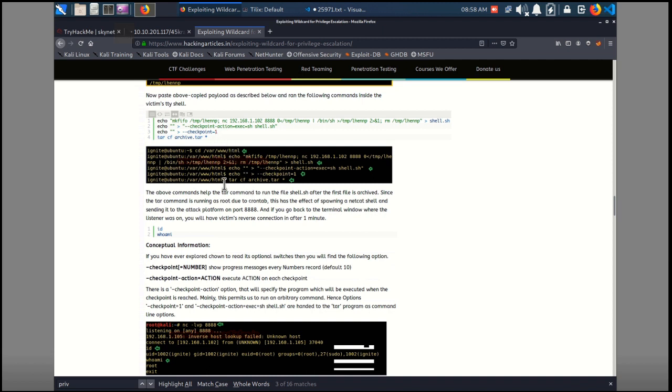And so what happens is the bash script is running those commands. It's going to change into that directory. It's going to then